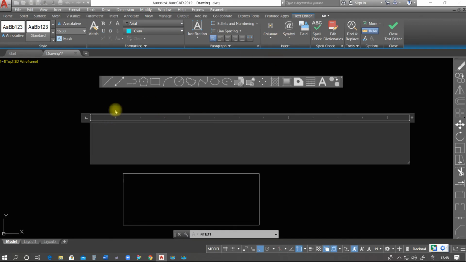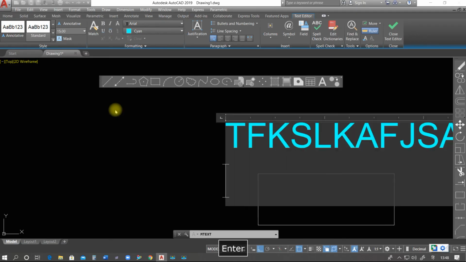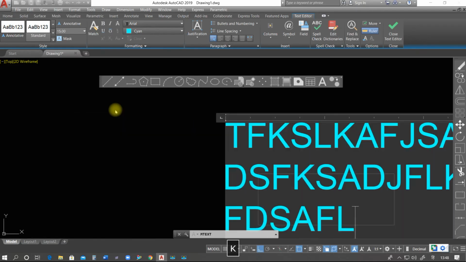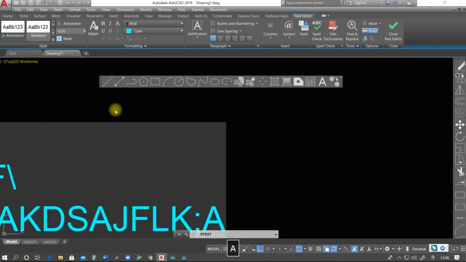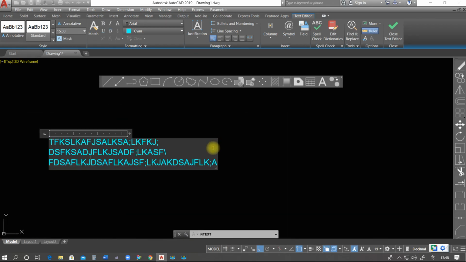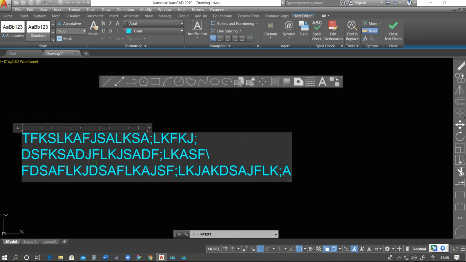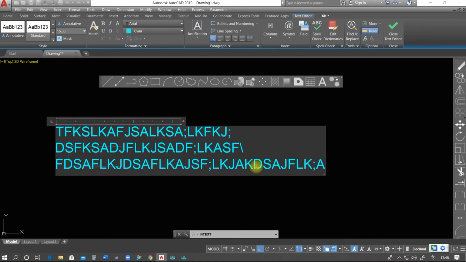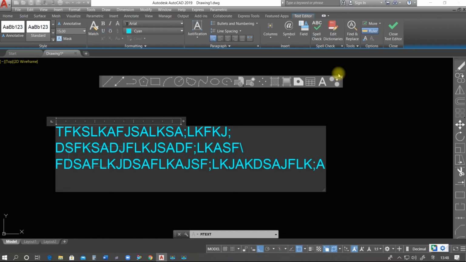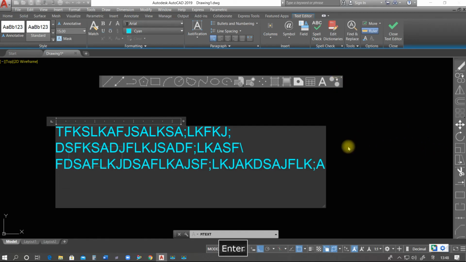Let's suppose I want to give some text. I want to write some text. Like this you can specify some text in the multi-line text option. If you want to exit from here, just press the escape button.